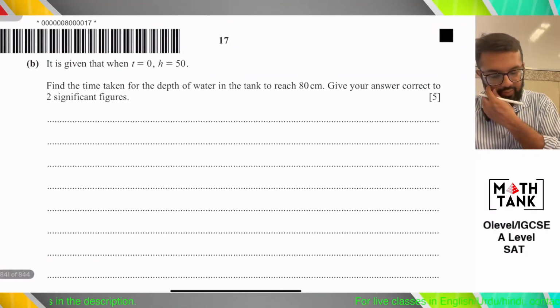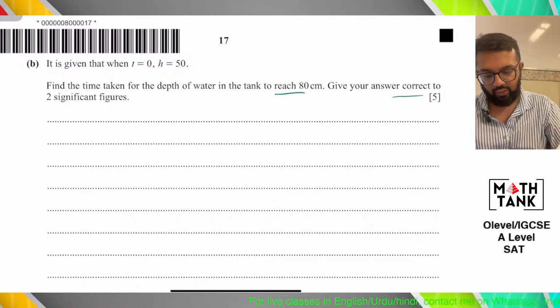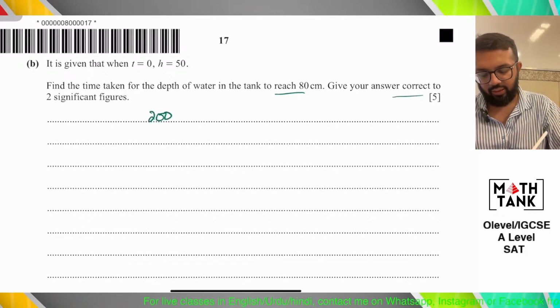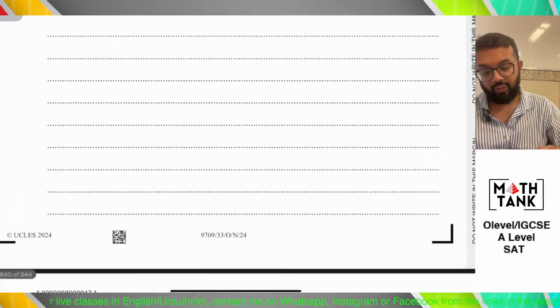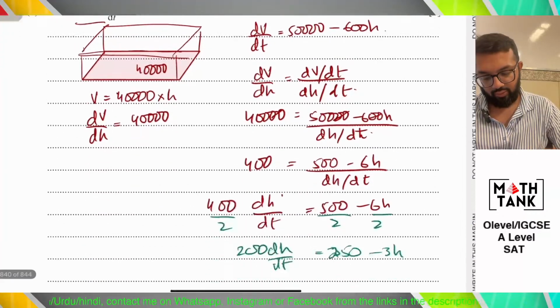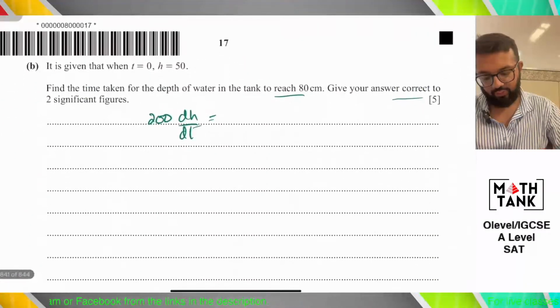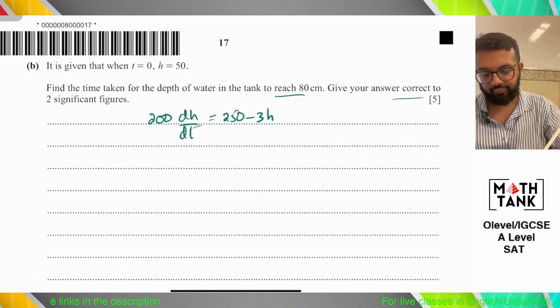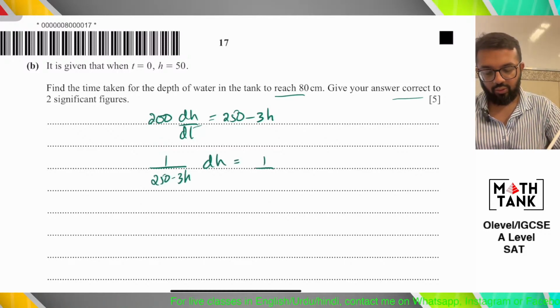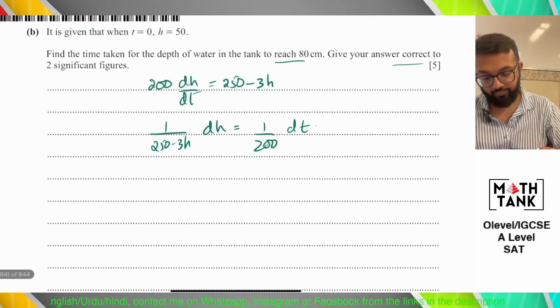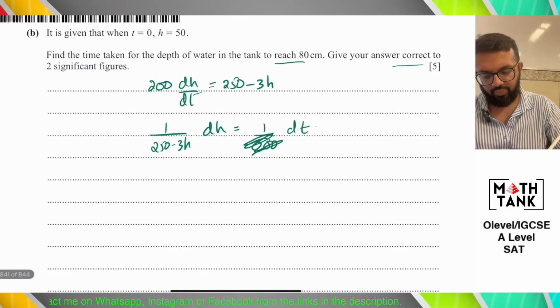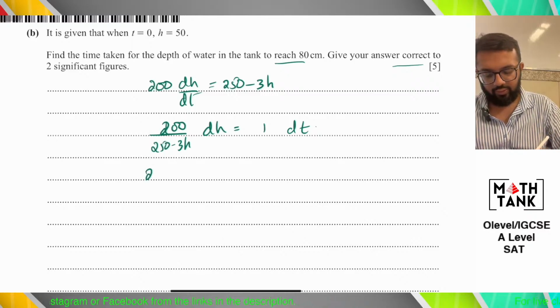Okay, find the time taken for the depth of the water to reach this value, giving an answer correct to this. It's simple integration then. In fact, a very simple question on differential equations. 250 minus 3h, right? So 1 over 250 minus 3h dh, and 1 over 200 dt. So I think I can also keep 200 here. So that gives me 200 ln of 250 minus 3h